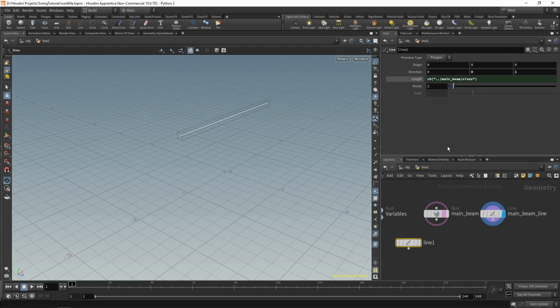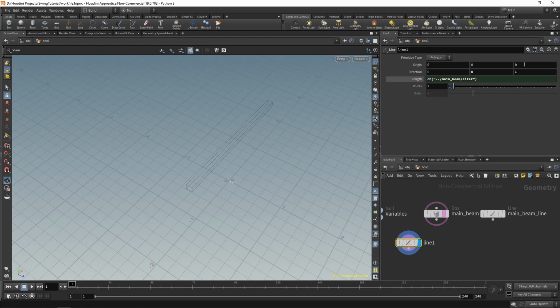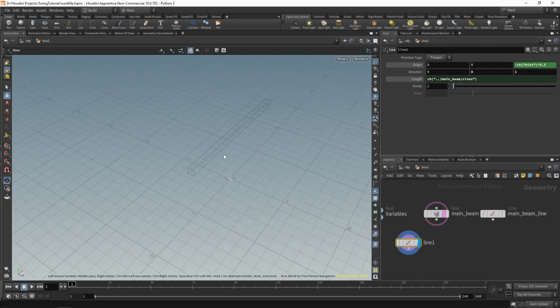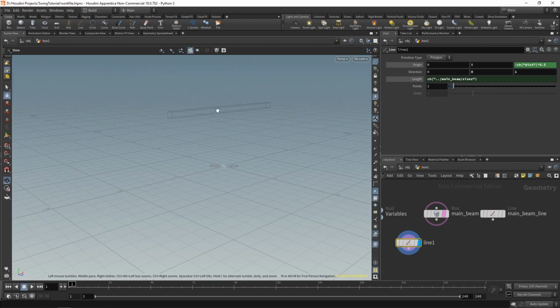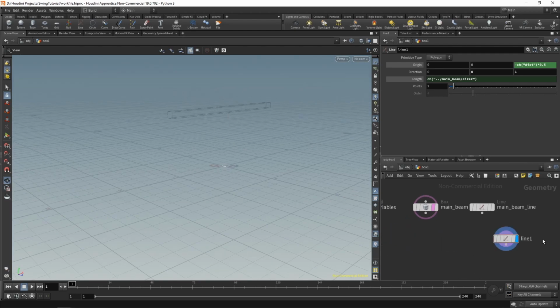Also going to offset this by half. Like this, and I'm not going to move it up to the beam, because what I'm going to do instead